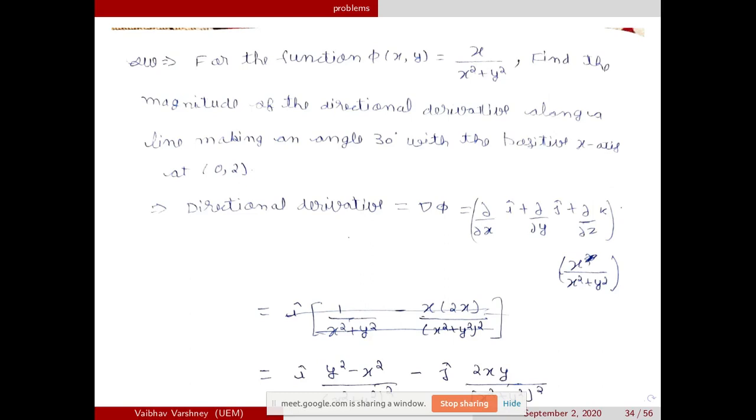The dot product. Can we directly do del phi cos 30 degrees? Del phi cross, not cross, I mean dot. Yeah, dot. We have del phi dot, but not directly cos 30 degrees, because when you calculate the vector at 30 degrees, it has two components, i cap and j cap. So you have to take both components. The x component is cos 30 and the y component is sin 30. So the vector comes out to be cos 30 i cap plus sin 30 j cap. So you have to do the dot product with that vector.